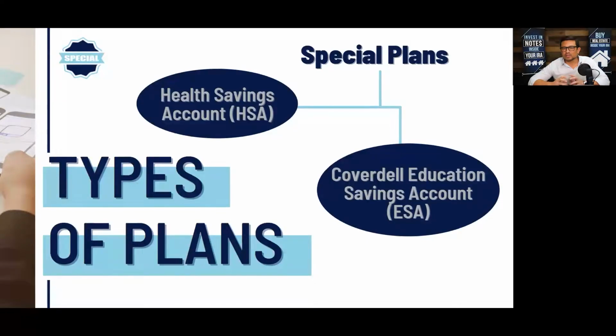Think about how you can consume more goods with tax-free dollars versus the taxable dollars in your back pocket. That's where the health savings account and the education savings account come into play, in that they can be self-directed, but you can take distributions out immediately to pay for qualified expenses that you might be incurring today. The Coverdell Education Account works in a similar fashion, where you can make contributions, but